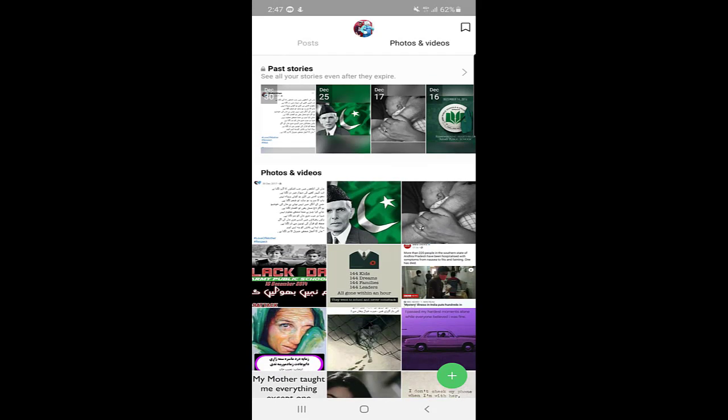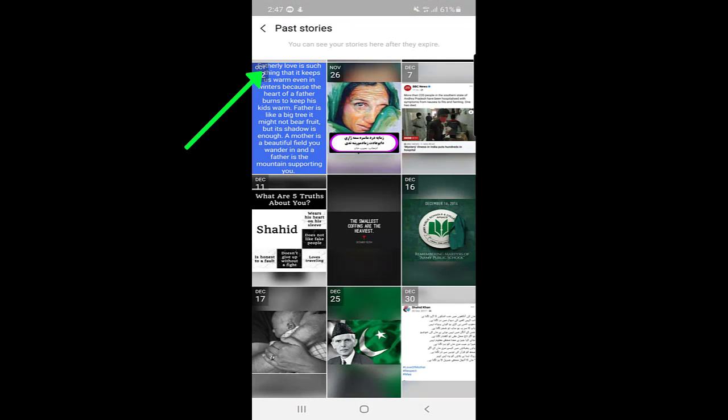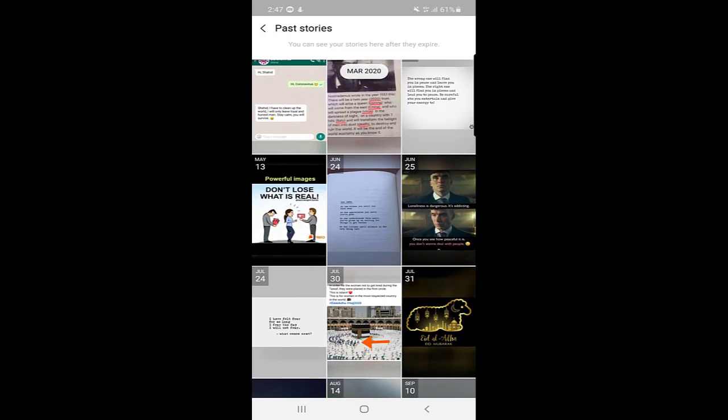But the main thing is that we are talking about how you can access your past stories. All the stories actually expire after 24 hours, but here we can still find them. Here at the top you can see past stories. You will click on past stories, and here you will find all the stories